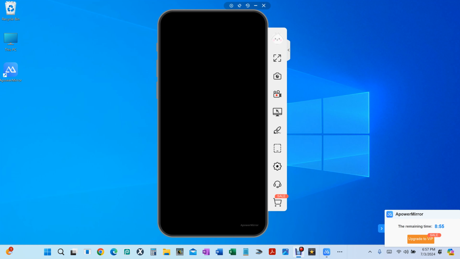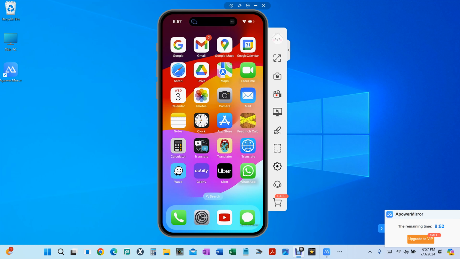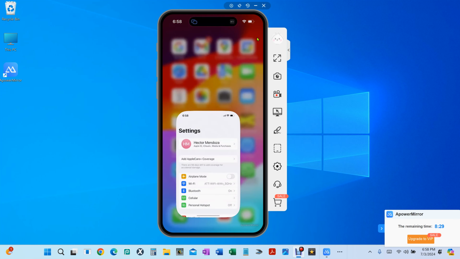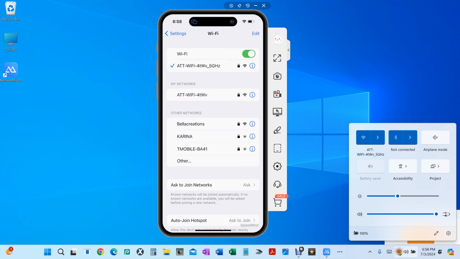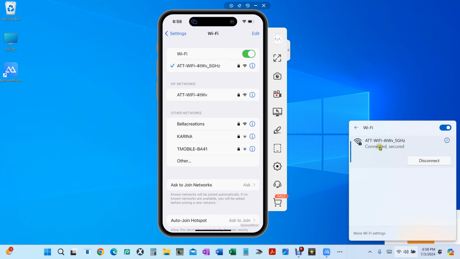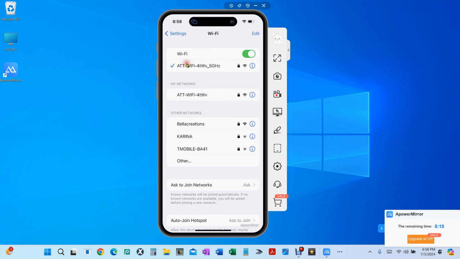Now at this point, yours is not going to look like this. First of all, you need to be both on the same network. So make sure on your PC that you connect to a particular wireless card or the internet. The same thing with your iPhone. You want to make sure that you are in the same network. So basically, on your PC, make sure you connect it to the same one. Okay, so